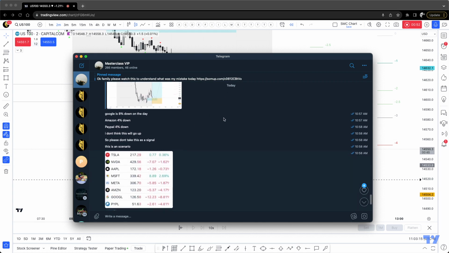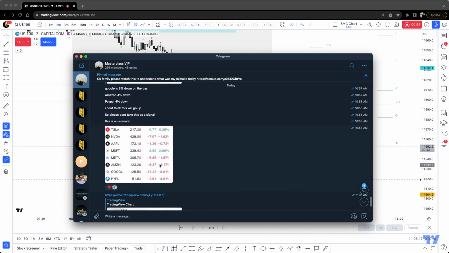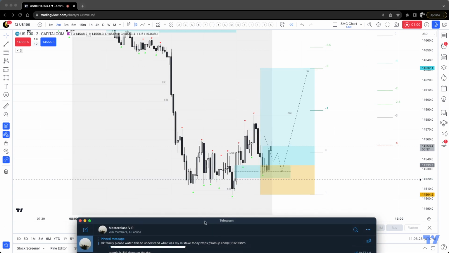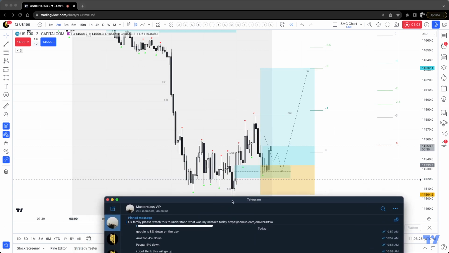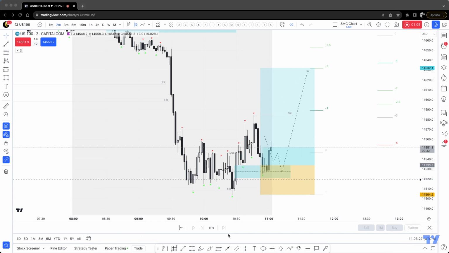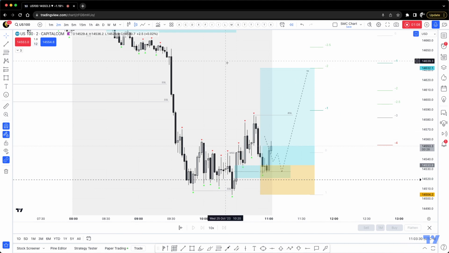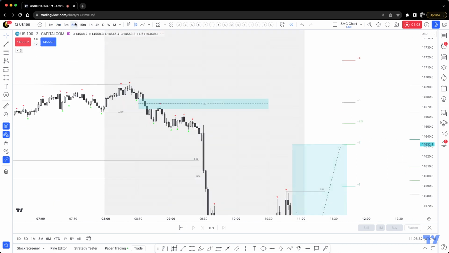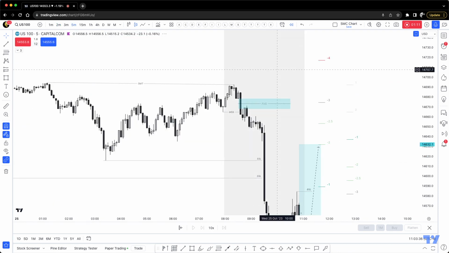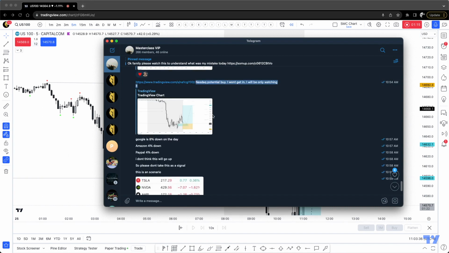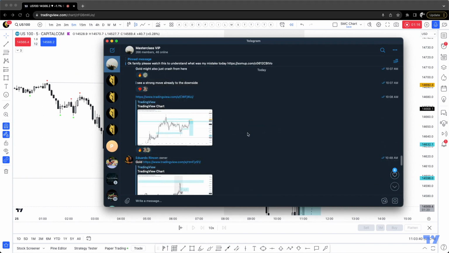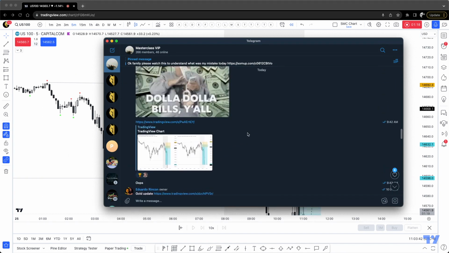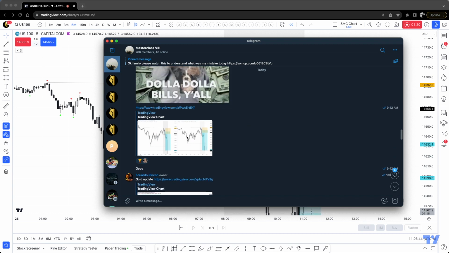Okay, so understanding right here, I'm seeing the stocks kind of like having big drops on Google, Amazon, PayPal already on the day. It could be pulling back though, could be doing a little pullback to then continue dropping, but I don't want to risk it. Okay, so I'm more than satisfied with what I took today, and let me break down this thing here for you. So this is actually the entry. Hold on, this was the actual entry right here.